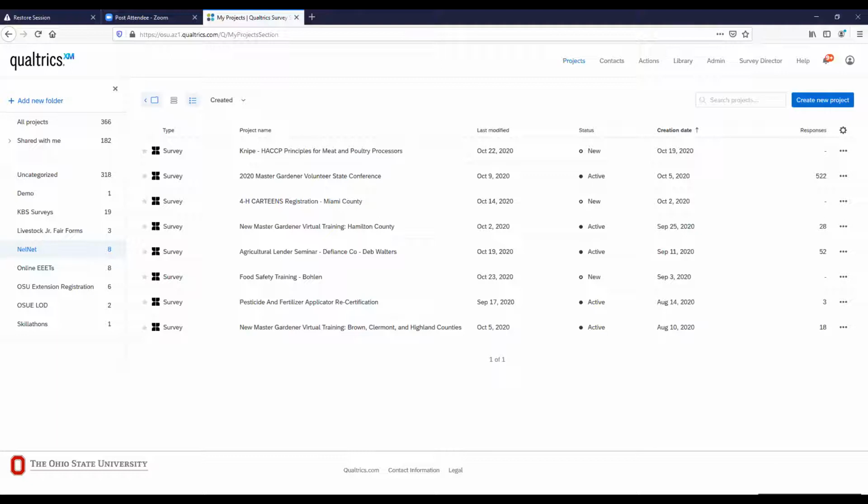So here are some examples of the NelNet surveys that I've been setting up so far. One of the things that you'll see on here, for example, we're considering creating separate templates, for example, like 4-H